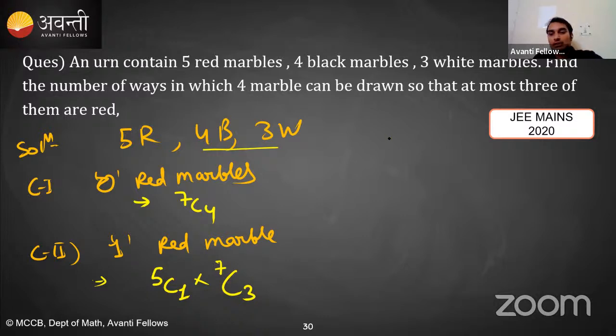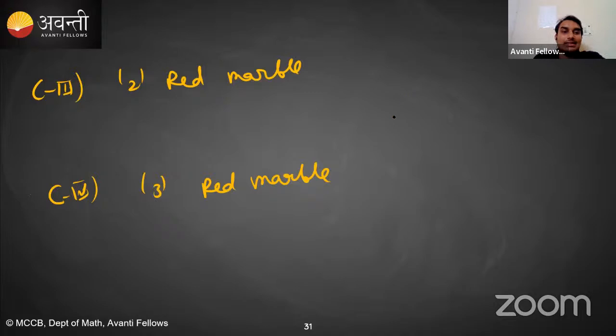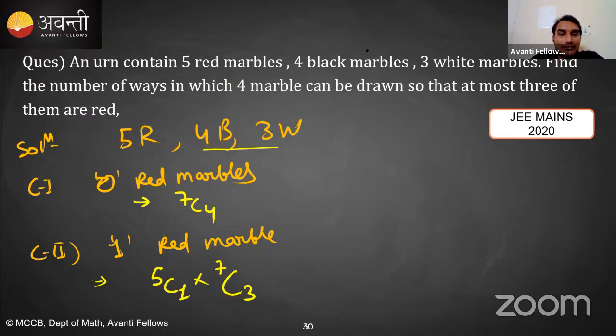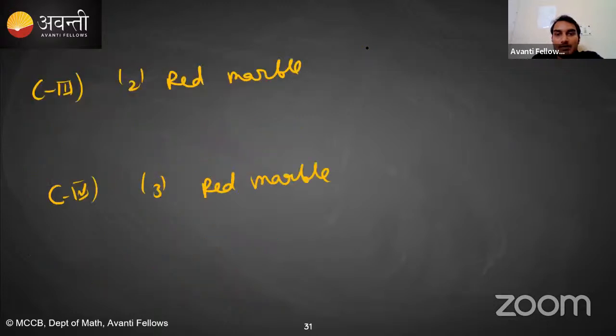So again, now what is the case third? Case third is 2 red marbles. Means again let me write it again. 5 red, black, white. Okay. So now 2 red marbles you have to select. So means total 5 red marbles, you select any 2 of them and the remaining 2 you have to select from 4 black and 3 white. Means